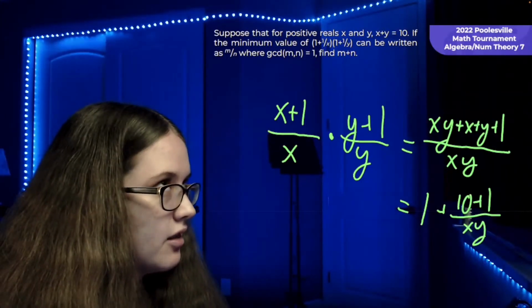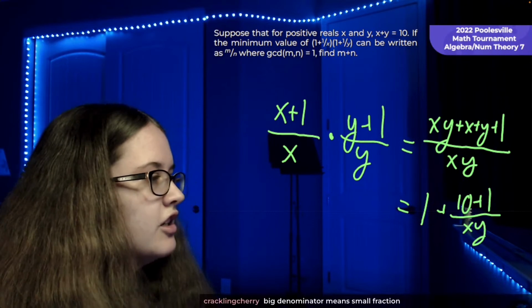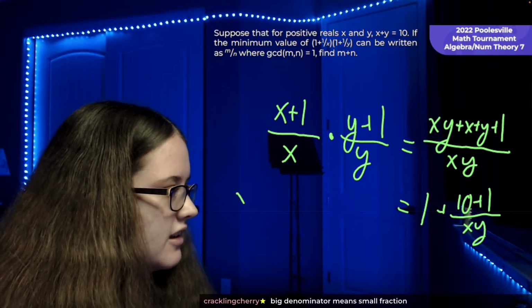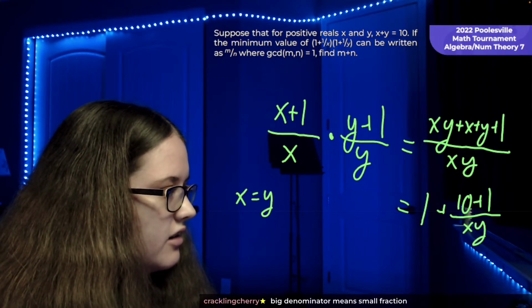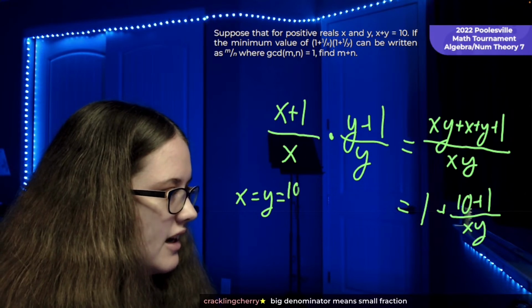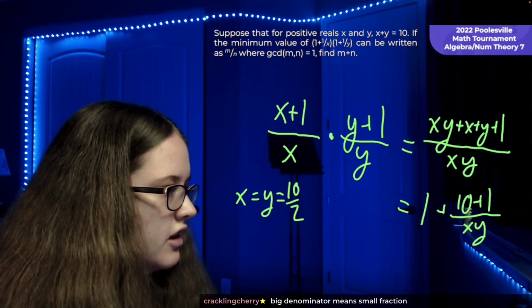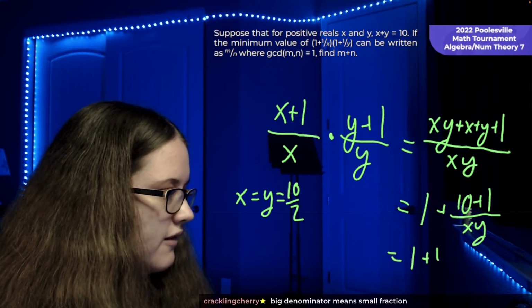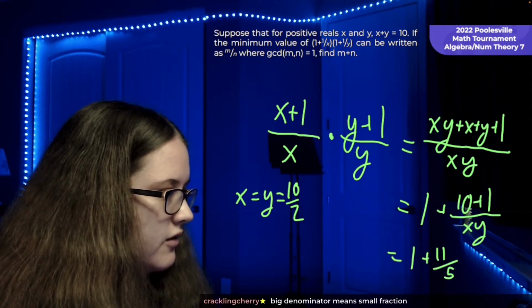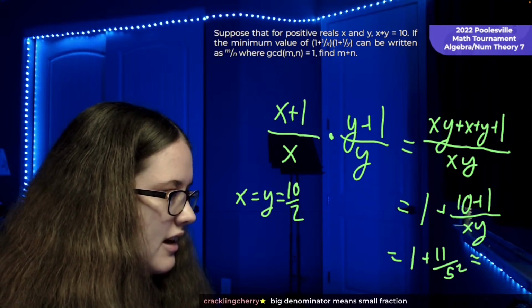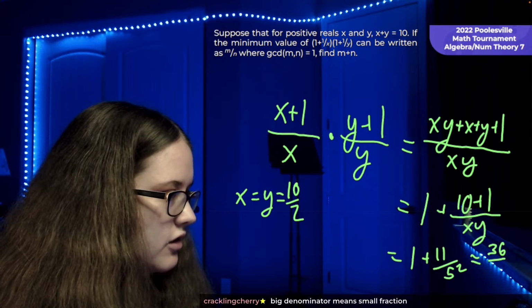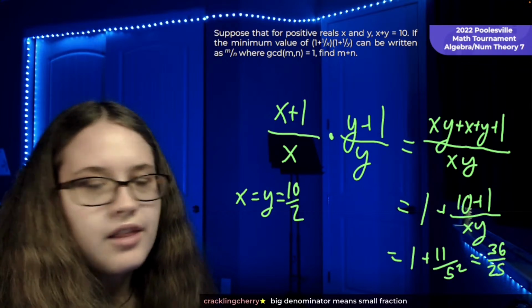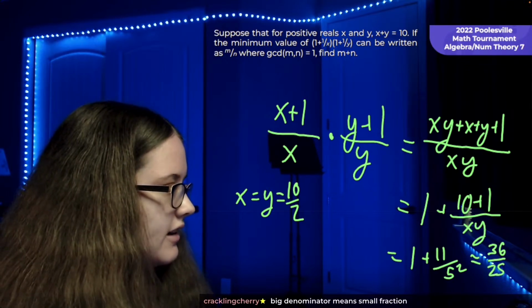So that would mean that we want to have x equal to y, both equal to 10 halves. So 1 plus 11 over 5 squared, which is 36 over 25, thus making our final answer